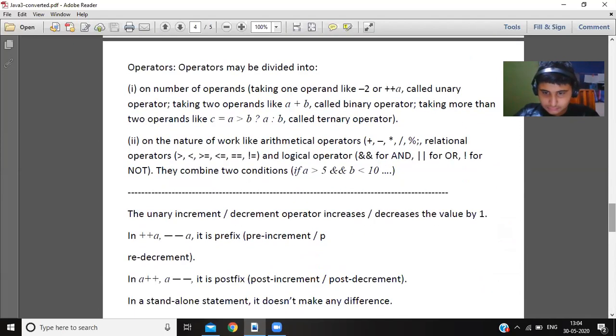Here operators, you can see on the top line. From here the operators. That is page number 4. Page number 4 and 5 are operators. Page number 1 and 2 are data types. Number 3 is the tokens, and 4 and 5 are operators. Page number 1 and 2, data types. Page number 3, tokens. Page number 4 and 5, operators.